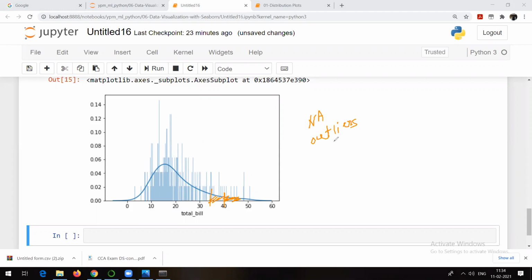We talked about outliers already, right? So missing values might be there, outliers might be there. These are some of the common reasons why we get this skewness in the data set. Or maybe sometimes there are a lot of zeros in the column. So these are very common reasons why one might get skewness in the data set, right?